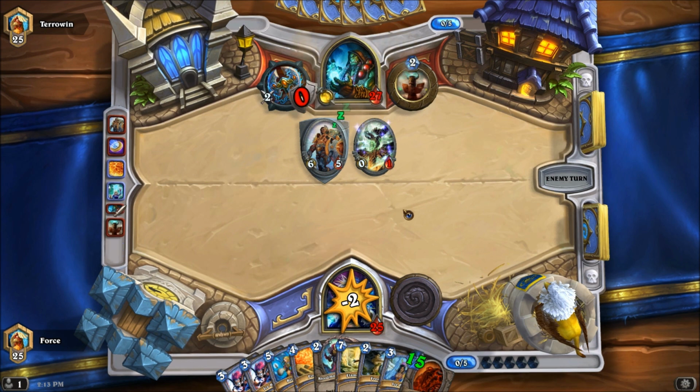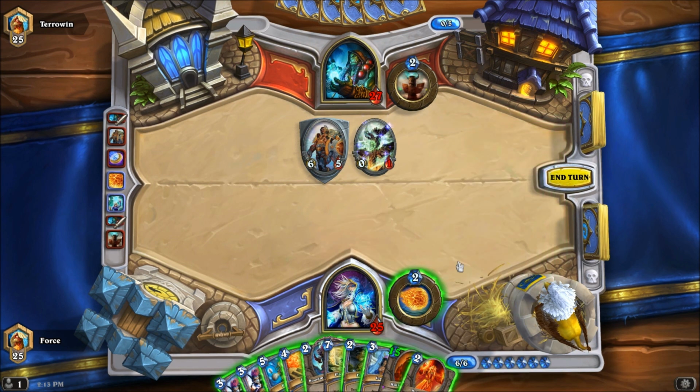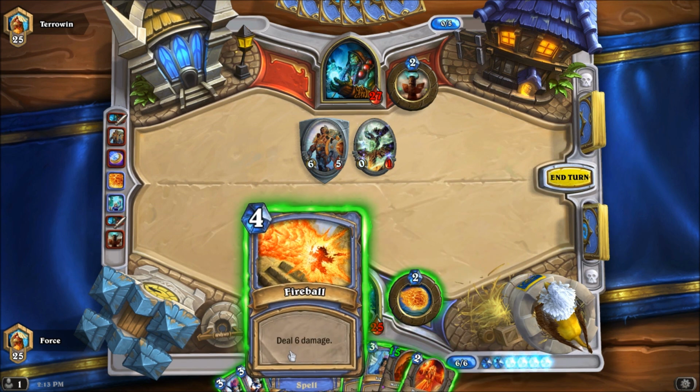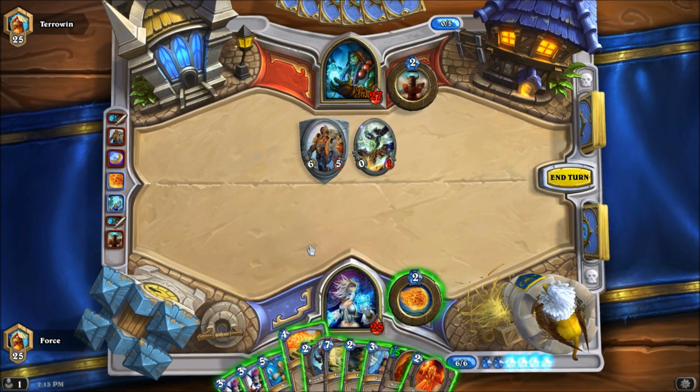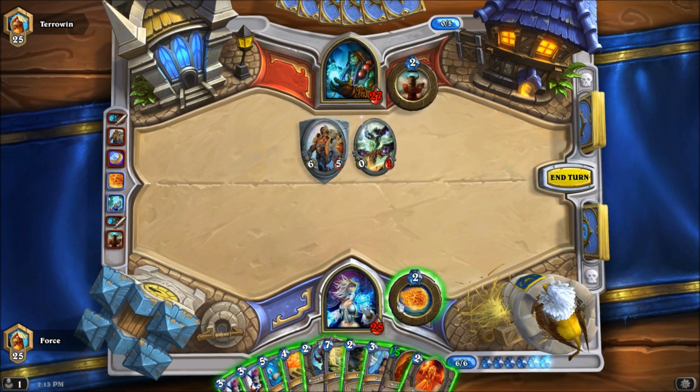Might take damage from that for a turn to get Frost Giant down. Let me think. We could just Fireball it, of course. That would be an option. Could play this, but you know, there's a good chance he'd be able to kill it. He's got the 6, he would just need to do 1 more damage. Could just take the damage, but we do need to get at least something out of our hand, because we're close to